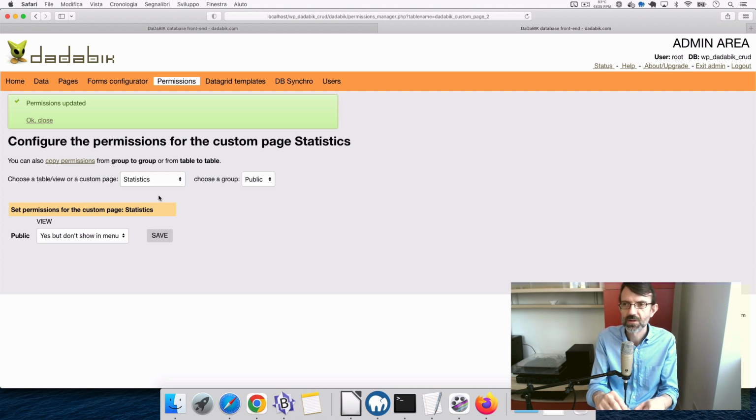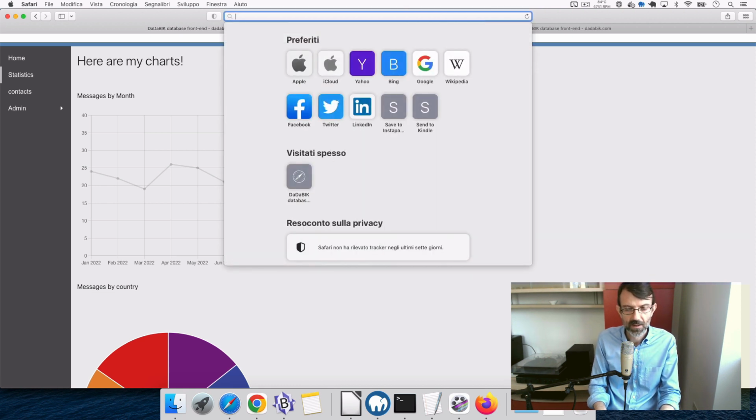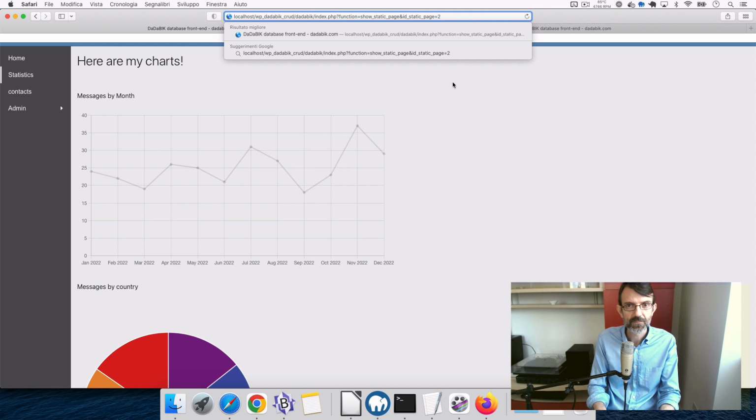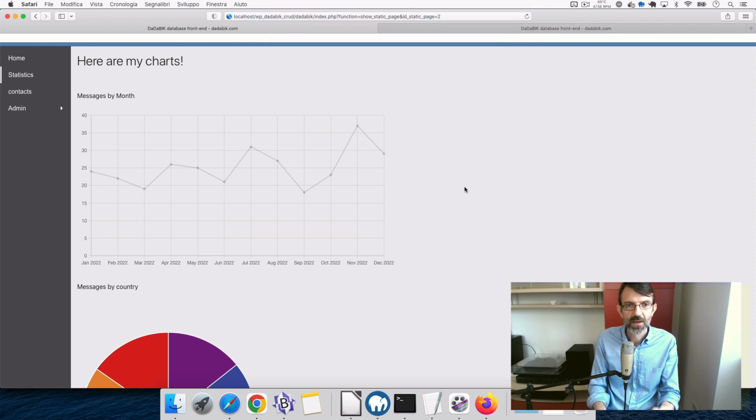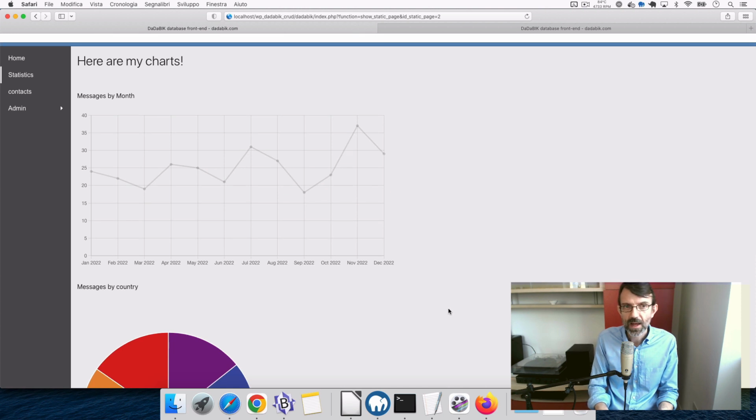We don't want to show additional links in the part we embed. Okay? So permissions are set. Now I copy the URL of this page. I'll go back to WordPress